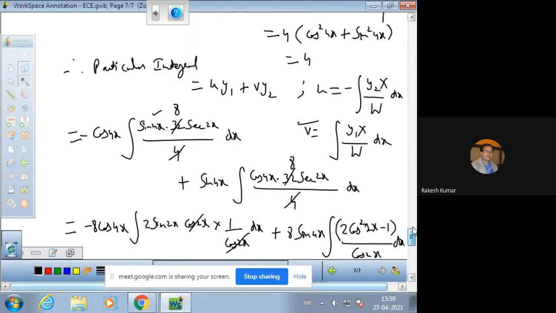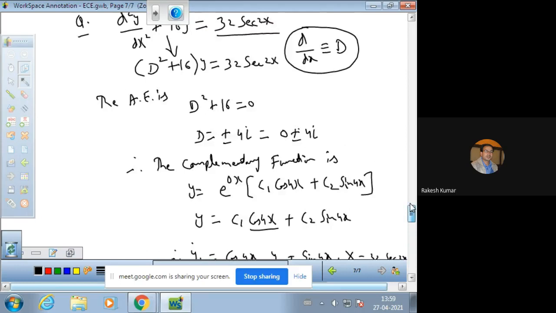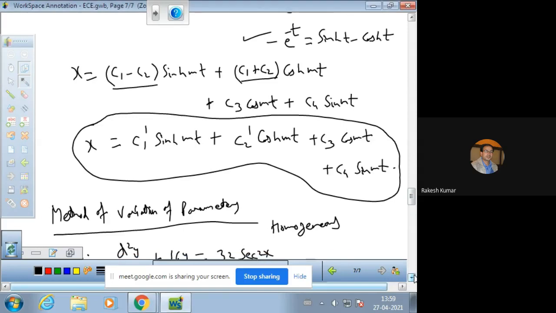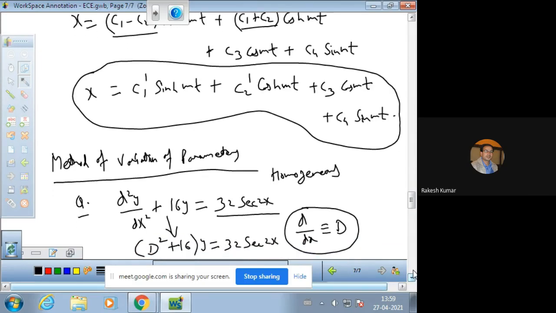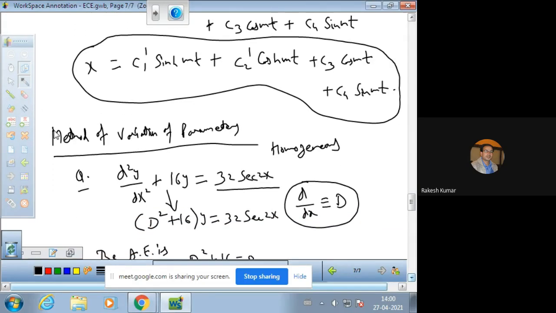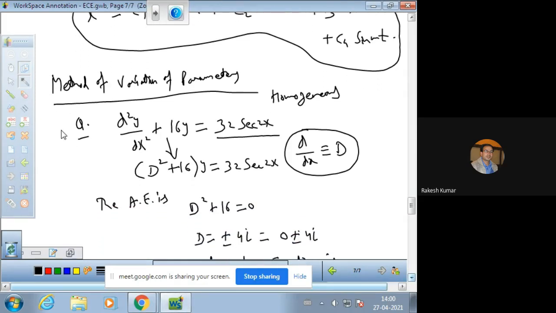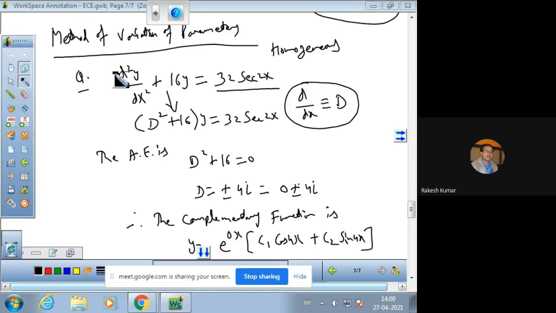So the method of variation of parameters can be used to find the solution by using this technique. This is a very important technique. This is the name of the method which we have used here. There is a certain technique for solving a differential equation of second order. Remember, this method is particularly for second order differential equations. So we stop here. Thank you very much.